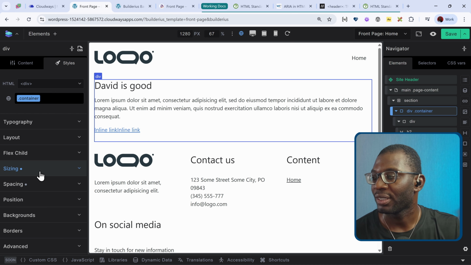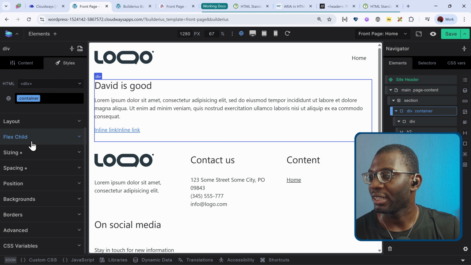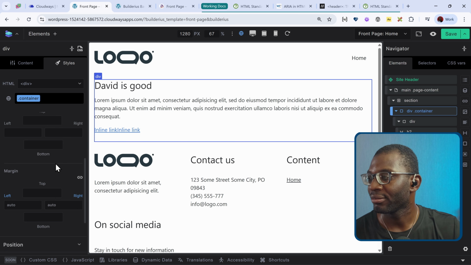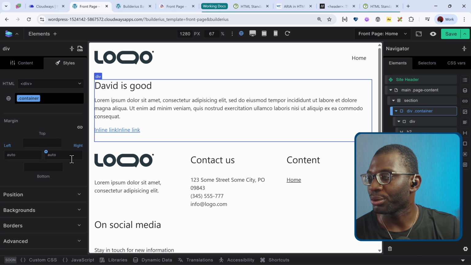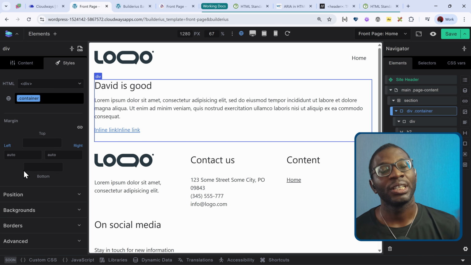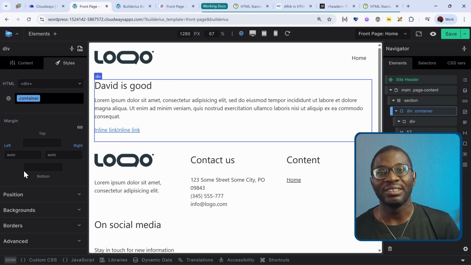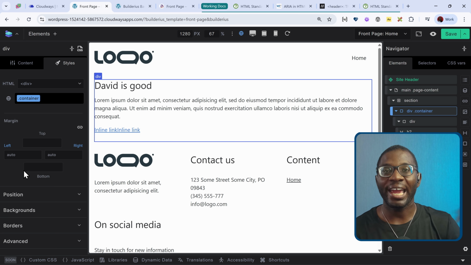If I go over to sizing, we can see what exactly was the size, which is 100%. Then if I go over to spacing, you can see that it added auto to the left and right margins. All of these things can be changed, which is one important thing about Builderius compared to other builders. Some other builders, they have those class names, but changing them can be quite difficult. But with Builderius, every class name that has been added by Builderius, you can remove them, you can rename them,